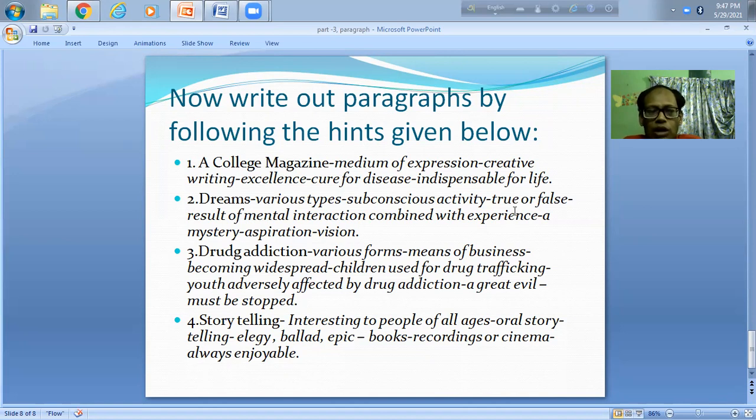So, what should a college magazine contain? Medium of expression. So, a college magazine is a medium of expression. Expression of what? Expression of outlook, views, thought of the students